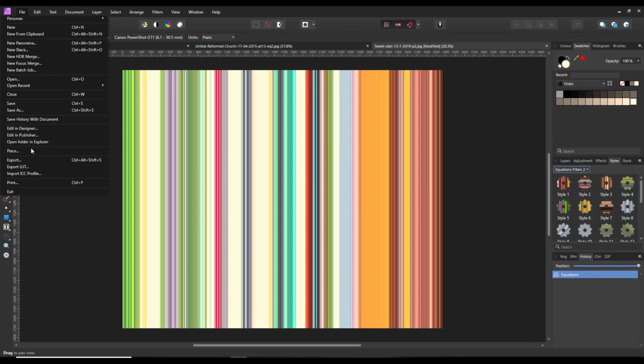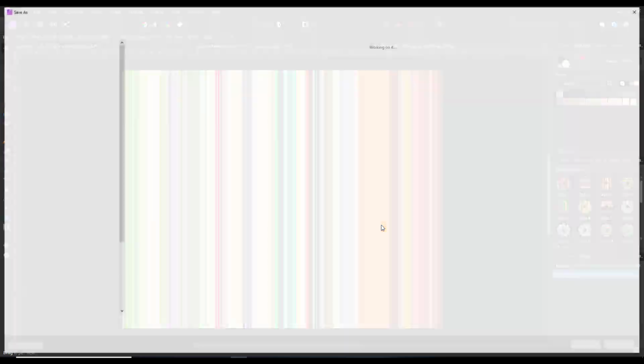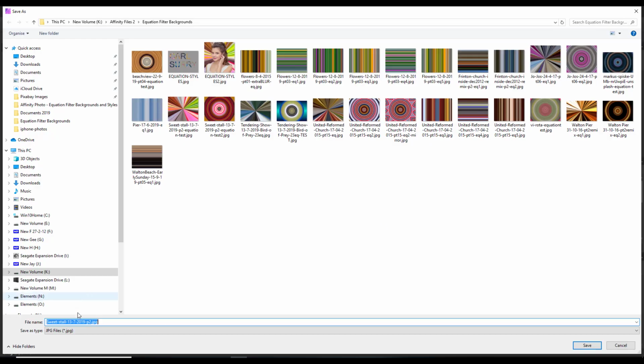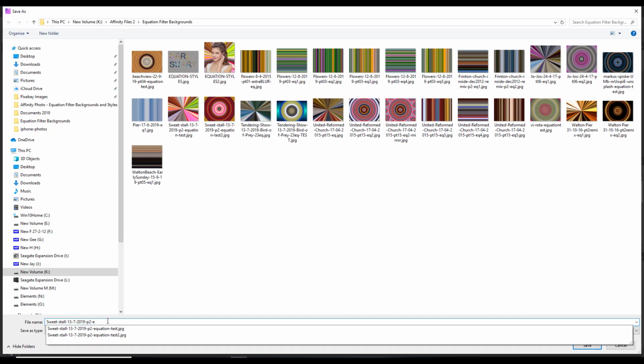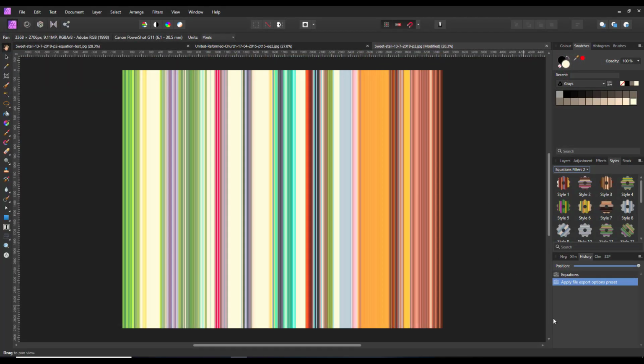I will leave that one, so we'll apply that, and then I'm going to export, and I will save it in the same folder that I had before. I'll just change the name of this to EQ1. I'll bring the history back,